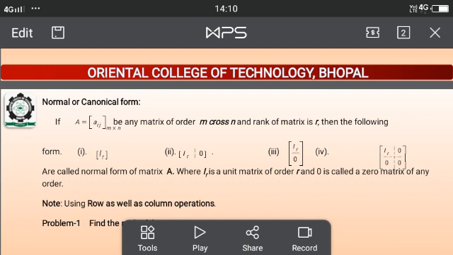Simply, we can reduce every matrix to normal or canonical form by using row and column operations.